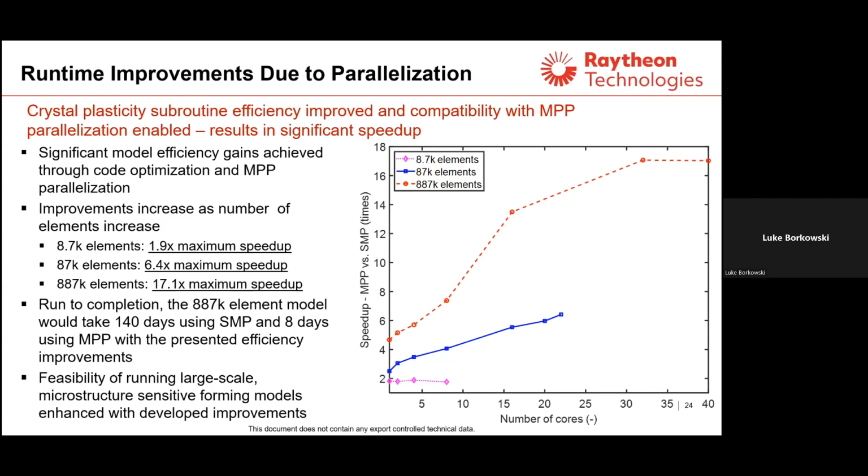So we focused on first taking this model, which had been implemented as a proof of concept, so there wasn't a lot of focus initially on its efficiency, and it was implemented in the SMP paradigm in LS-DYNA, which is shared memory processing, which limits you to one computer. You can run on multiple cores, but only on a single computer. We took that and we integrated that with MPP, massively parallel processing, and changed the code and the remapping accordingly. We also improved the efficiency of the code itself,